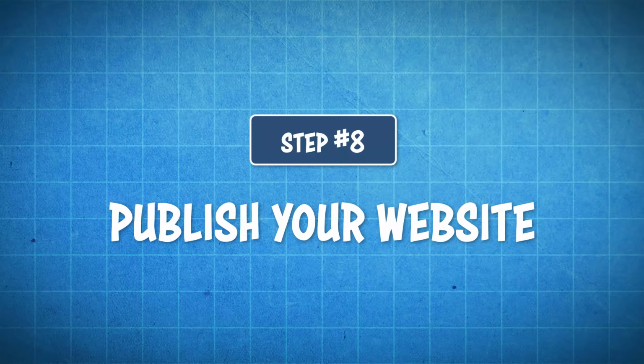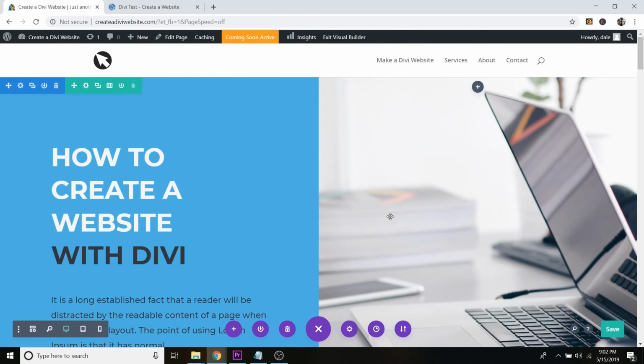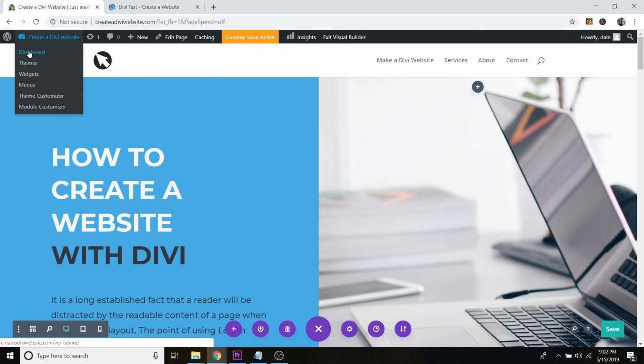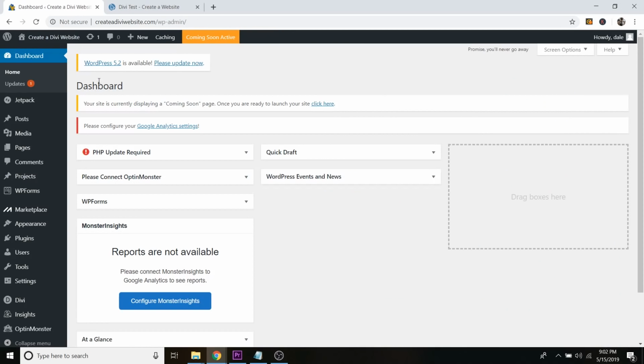Okay, so we're on to our final step. Step number 8 is to publish your website. Okay, so make sure that you've saved, and let's go publish our website. So we're just going to go back to our dashboard. And then on the dashboard, you're going to